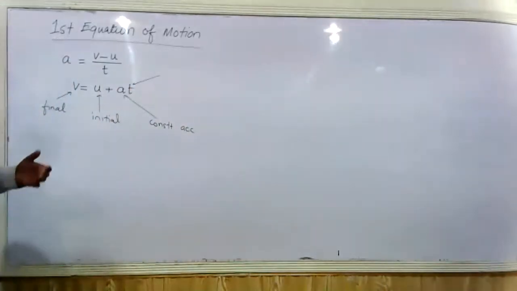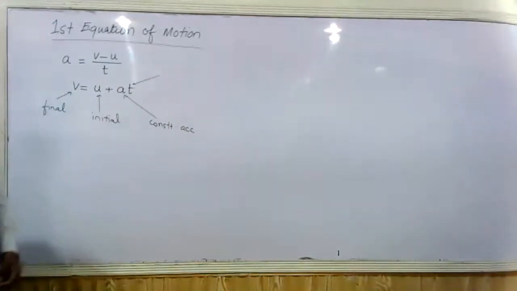Let's say an object is initially at rest. It starts moving and it accelerates for a certain time, let's say 5 seconds or 10 seconds. So for whatever time it accelerates, we multiply these two and calculate the final velocity it has acquired. The same equation can be used for